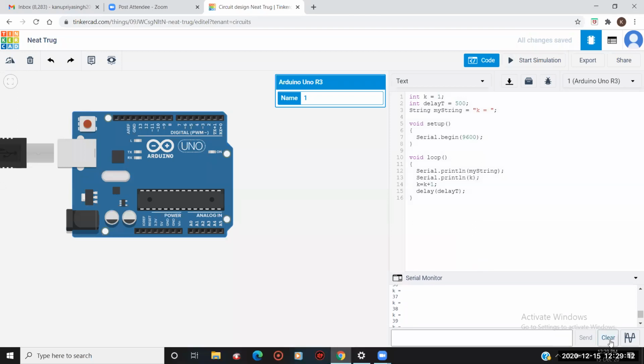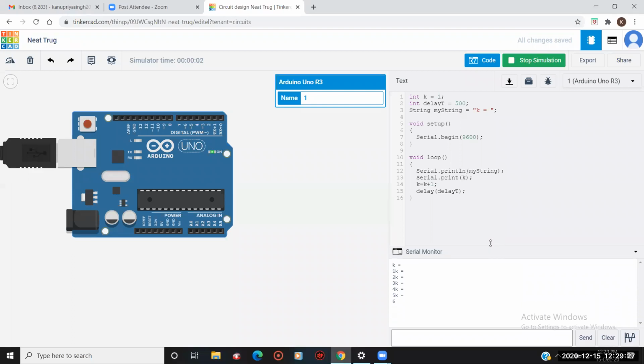For that, just clear it, and I'm going to just do this. So it is printing. You can see that.